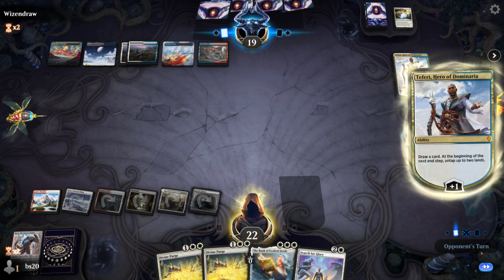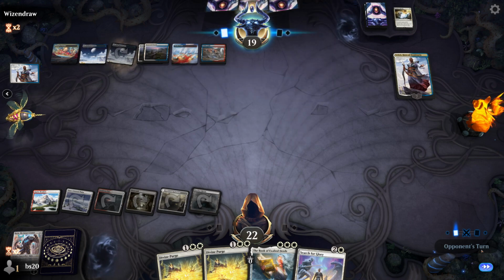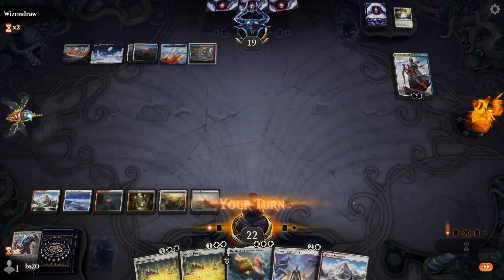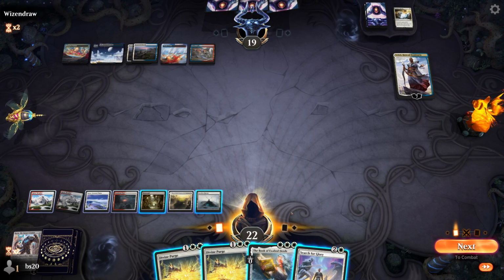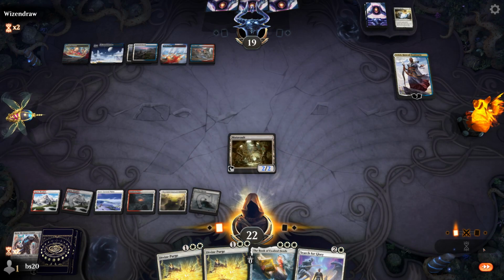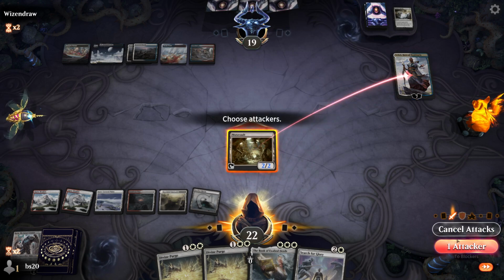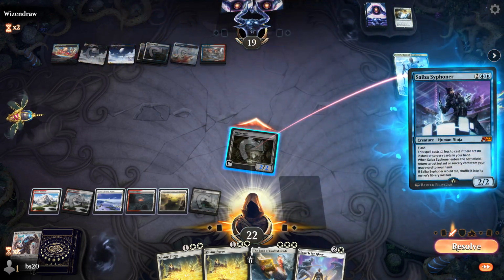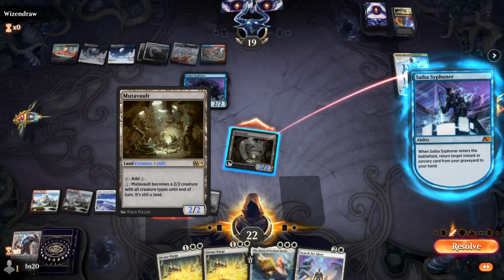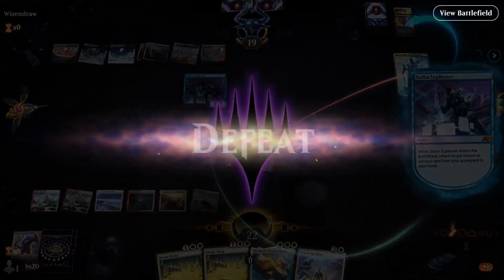How do I kill that Teferi? I need something tutorable that could kill that, maybe. Okay, Ice Cube. It's just infinite exile. Not infinite, but